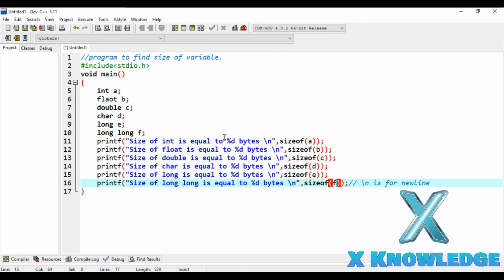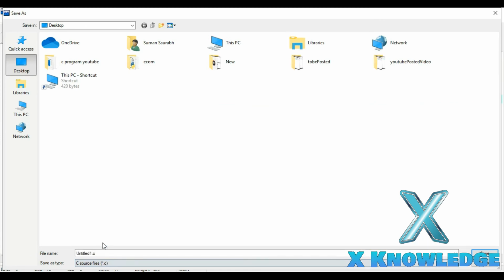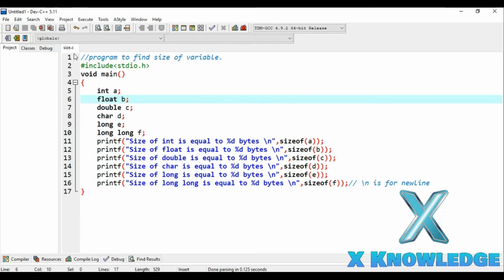Now in order to watch the output of this program, we will have to compile it. But before compiling we will have to save it. So let's save this, and make sure to save this file with a .c extension, because we are writing a C program. And make sure to give a mnemonic, that is a meaningful name, as the file name.